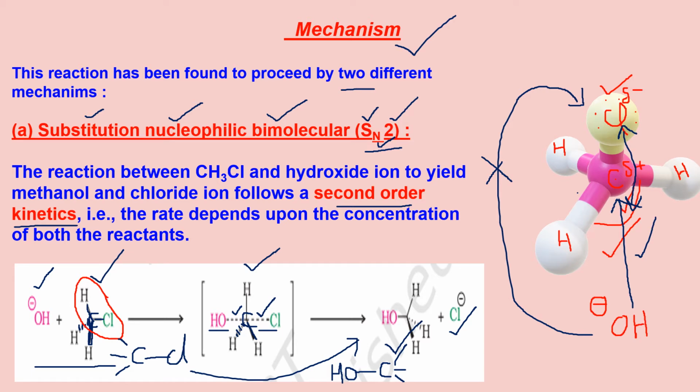So you can imagine it this way, that this umbrella which we started with has inverted, because of strong winds sometimes the umbrella that we are holding gets inverted. So now it has inverted like this. This is called inversion of configuration. The configuration has totally been inverted.